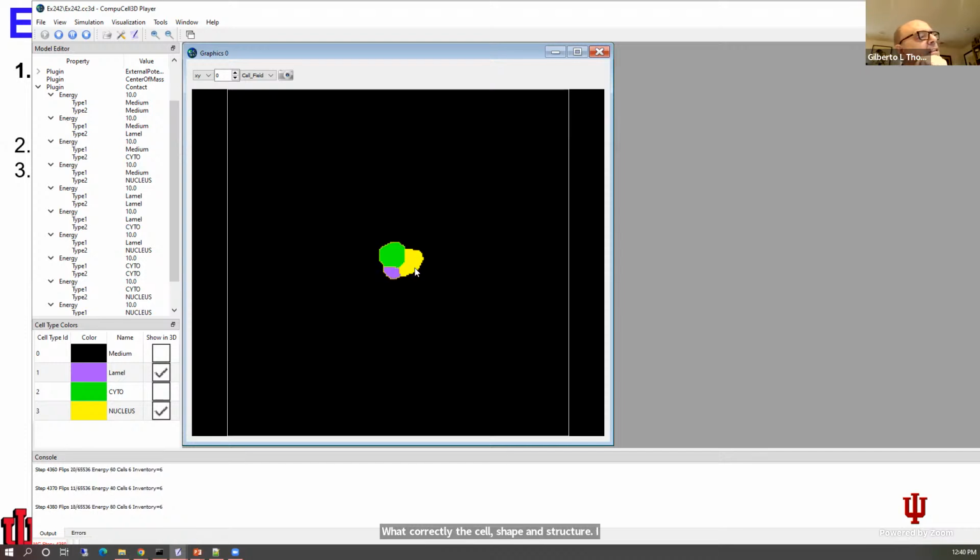I think this nucleus is too big. I don't know why. But anyway, see here, for example, you want the nucleus to go inside the cytoplasm. Then you must prevent the nucleus from being in contact with the medium. To do that, I came here, for example, in the nucleus part of the